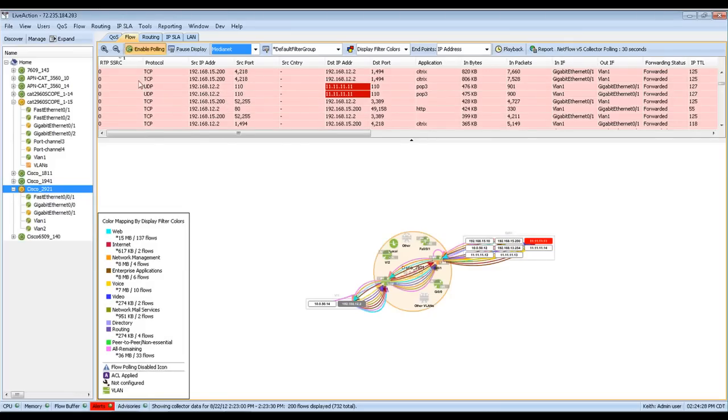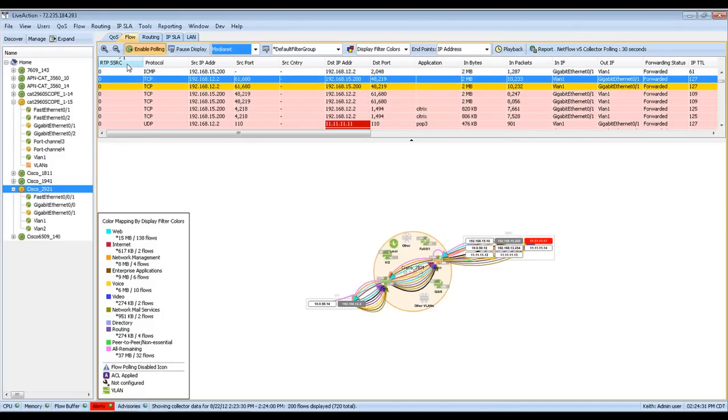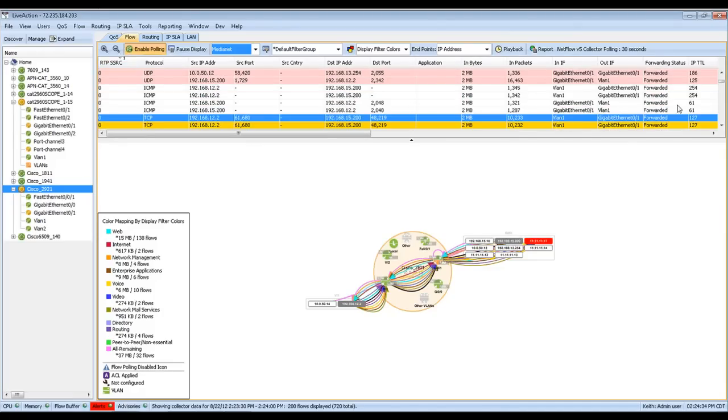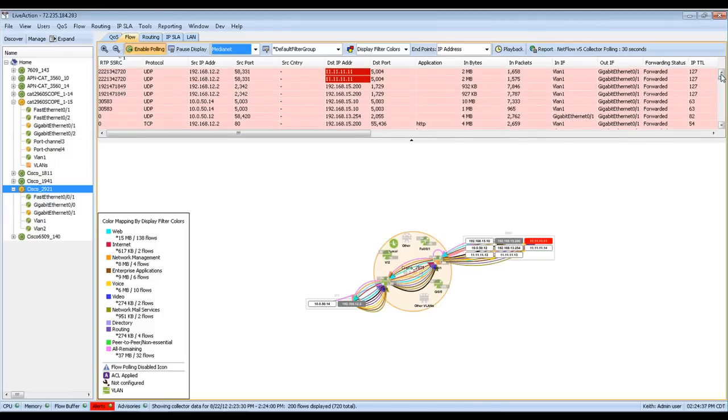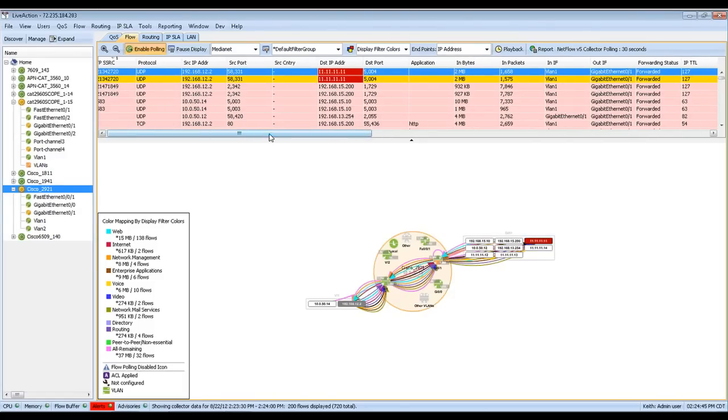We can actually see the traffic and filter on it and look at it very, very easily. So once again, this is a new flow that we've got. And look at the very top of the screen. There's an RTP SSRC. So I'll click on this one flow, this video stream, and arrow over and look